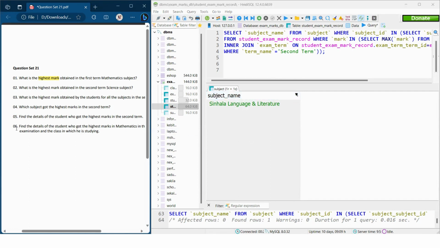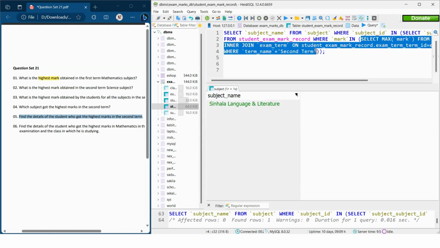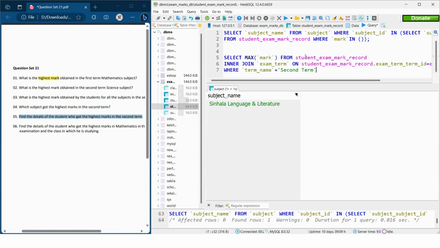And then we have to do the fifth question. It says find the details of the student who got the highest marks in the second term. I'm just going to remove this and keep it separately. So now what I have to do is find the details of the student. So I'm going to say select all, because they don't say specifically what details, select all from the student table, where the student ID